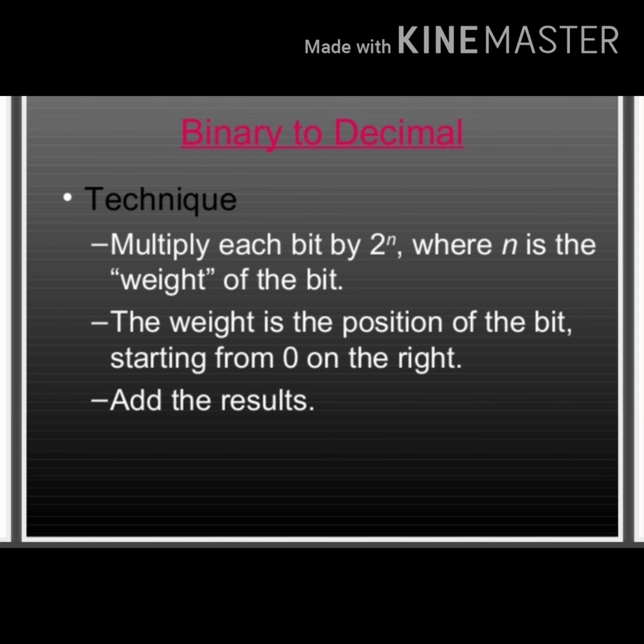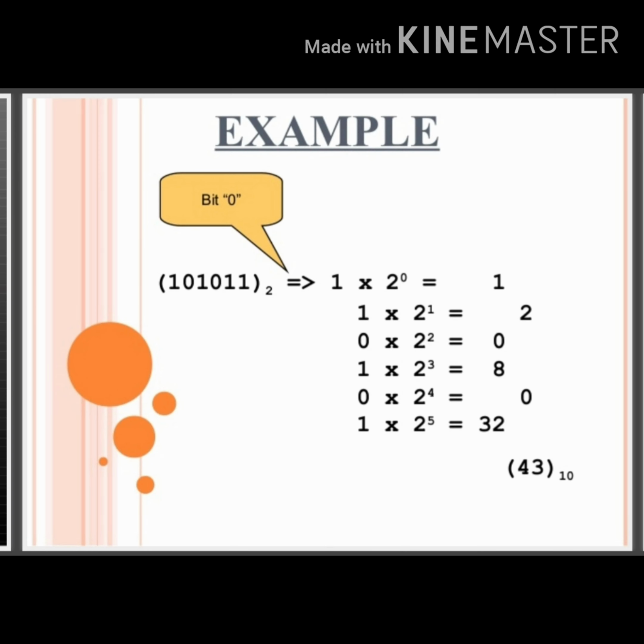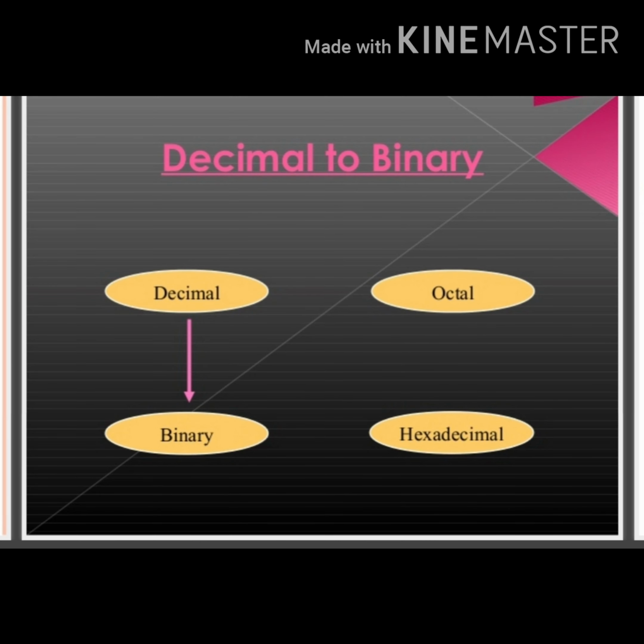You can look at this example and it will be easy for you. Here we are converting a binary number into decimal, multiplying from the right side each bit by 2 to the power 0, 2 to the power 1, and so on, where the bit is 0, the output will be 0. Then add all the digits and you will get the result. So this number system is important.